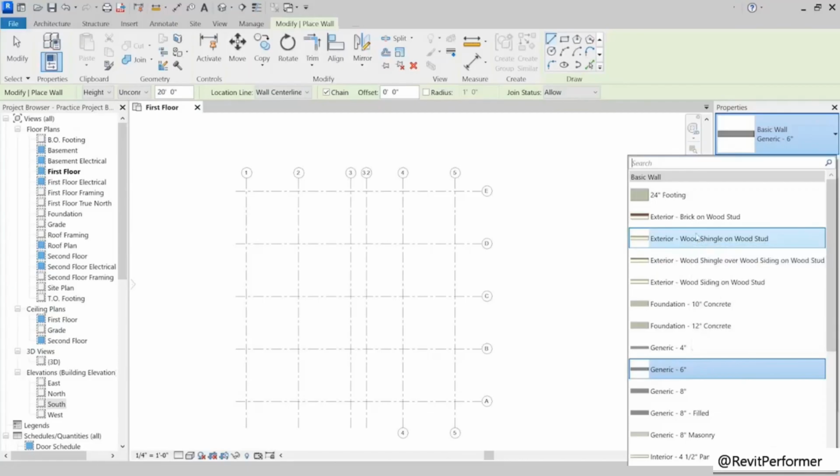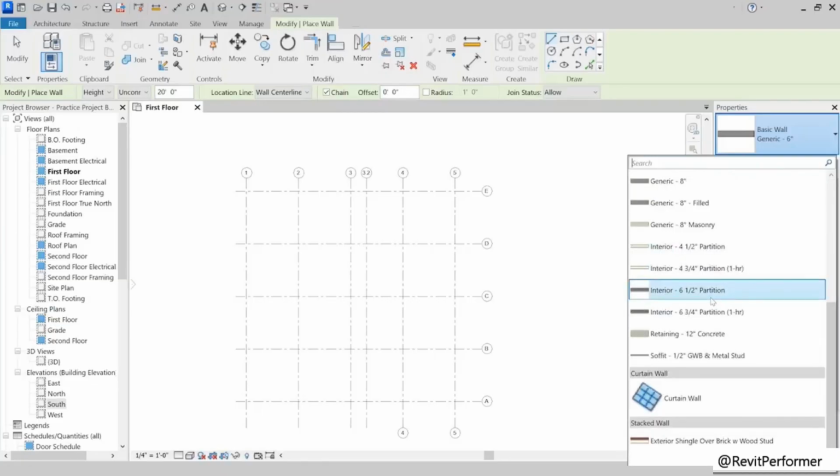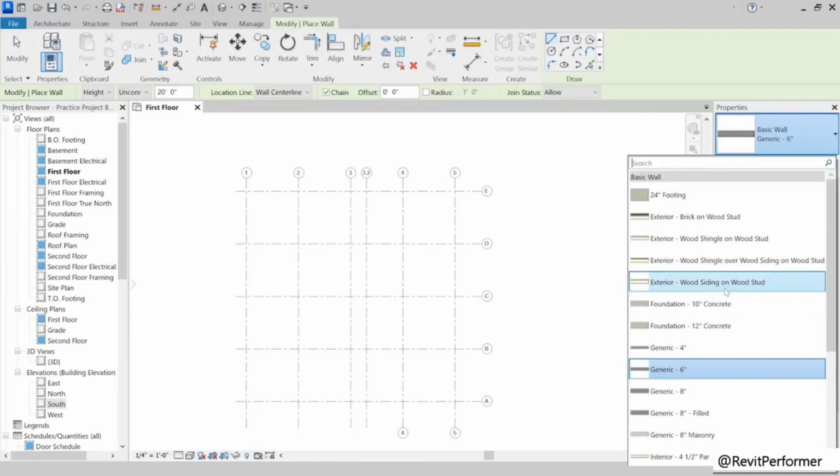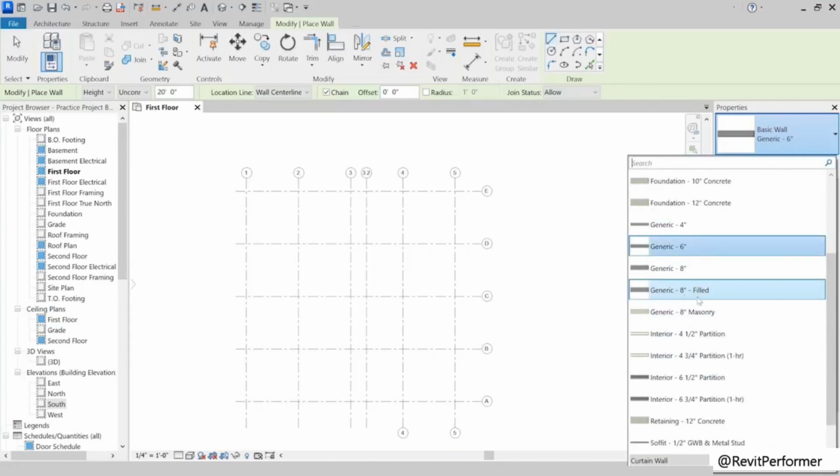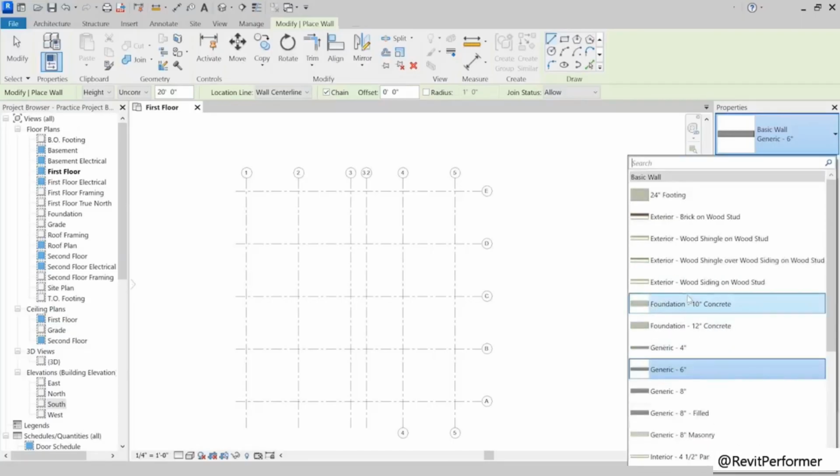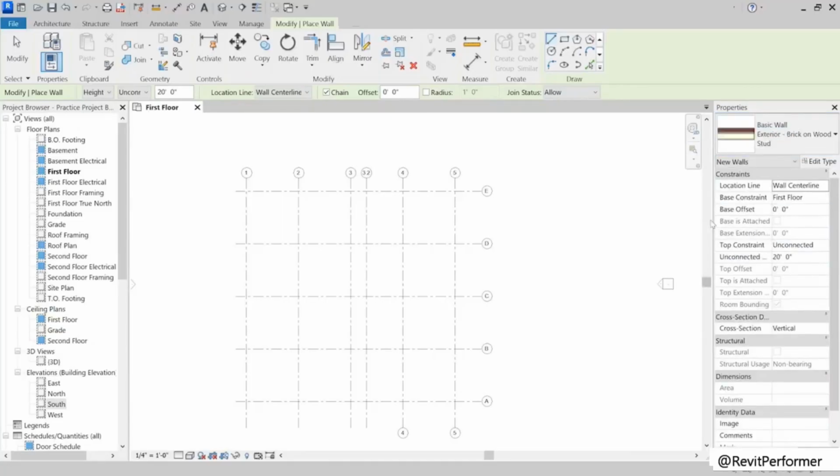And you will see inside of this type selector that these are organized or named based off of their function. So exterior, foundation, generic for when you're not quite sure what the wall assembly is going to be yet, and interior walls.